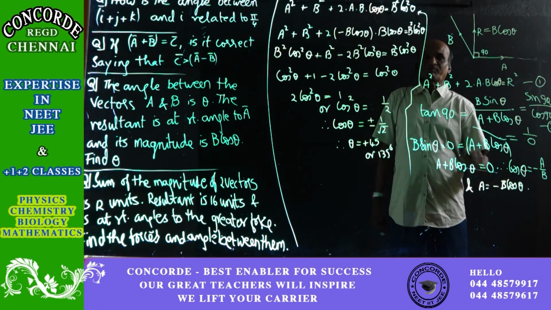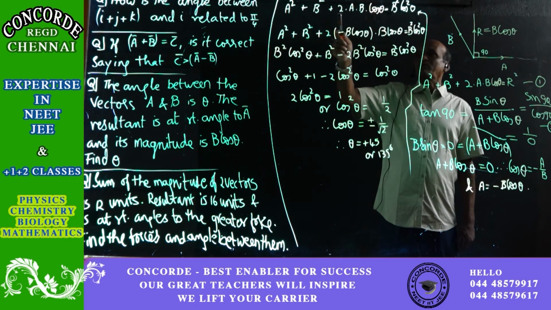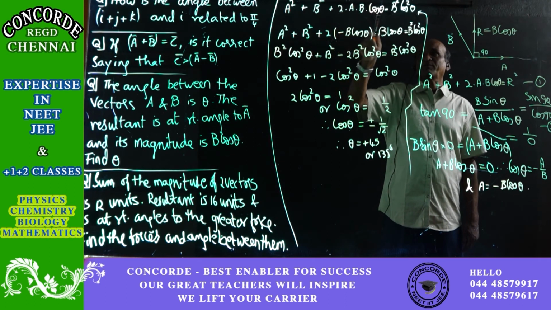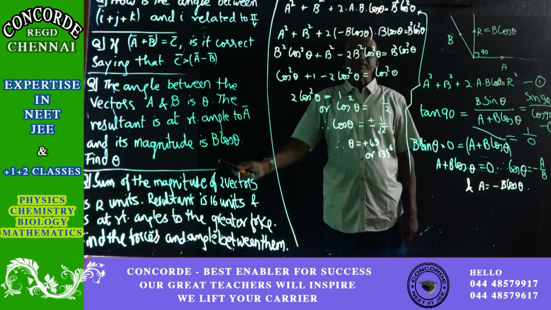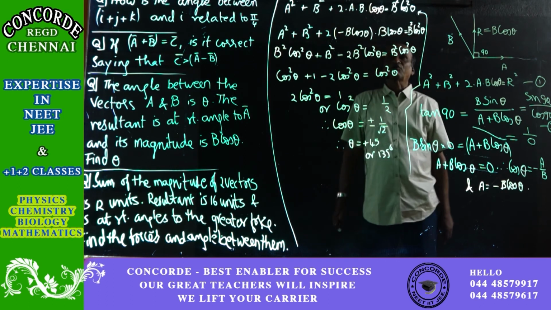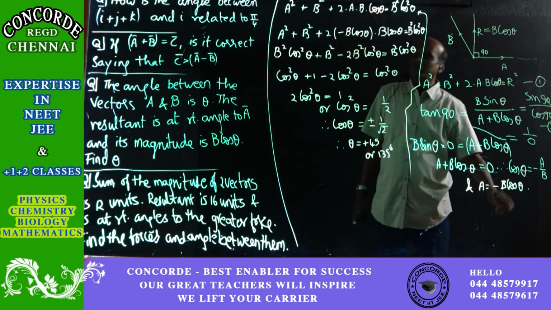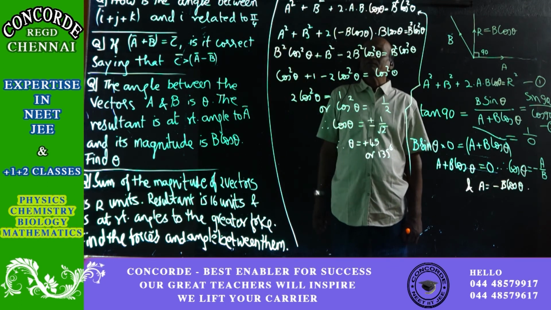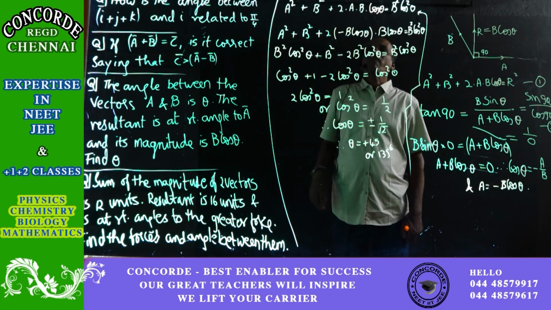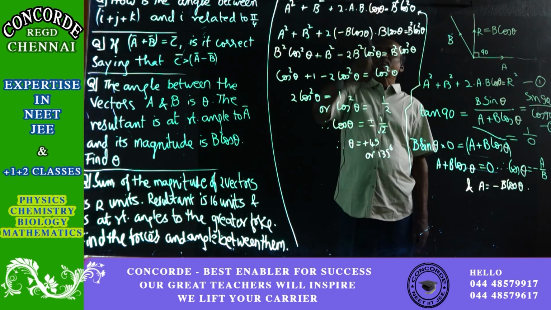Now from this result, by putting it in the earlier equation, which is the equation for the magnitude, we get a square plus b square, this is the usual standard equation, plus 2ab cos theta is equal to the resultant square, and the resultant, please note that point, is b cos theta. So resultant square is b square cos square theta. And from the earlier result, that a is equal to minus b cos theta, so a square will be b square cos square theta plus b square is there as it is, and then 2 into a. A again is minus b cos theta, and apart from that another b cos theta is there, which is also noted down.